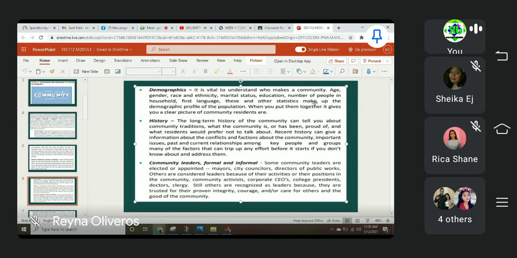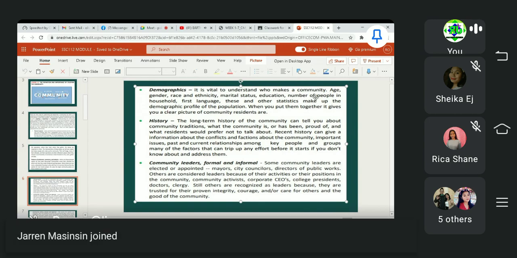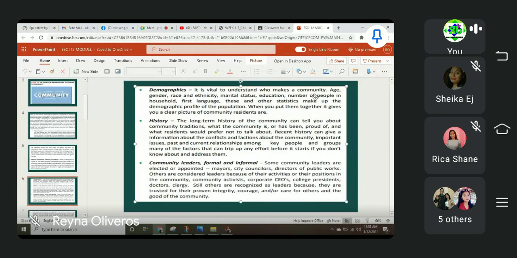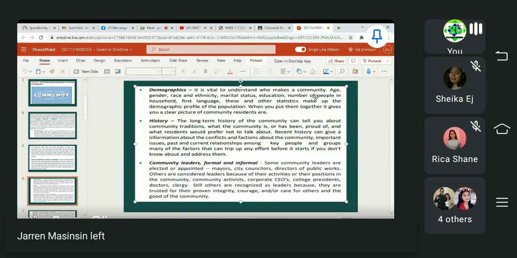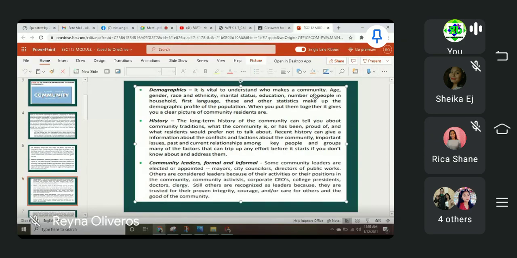Kaya nga yung mga nagko-community service, nag-survey muna sila sa isang area. 'Di ba? Nagtatanong-tanong muna sila sa mga kakilala nila, kung anong meron doon sa area na gusto nilang pagkandakan ng community service. Kasi para alam nila kung ano yung pwede nilang i-provide at hindi. 'Di ba? Para alam nila yung pwede nilang ibigay at hindi. 'Di ba? So,